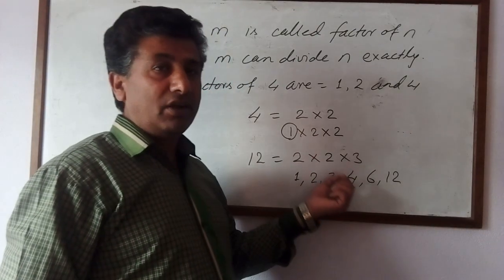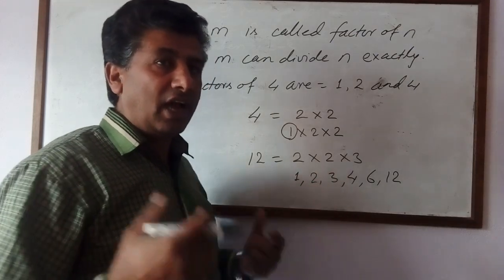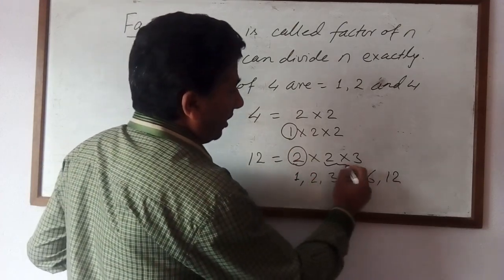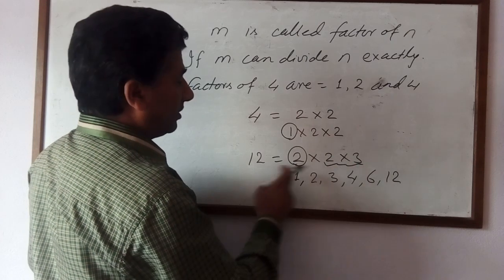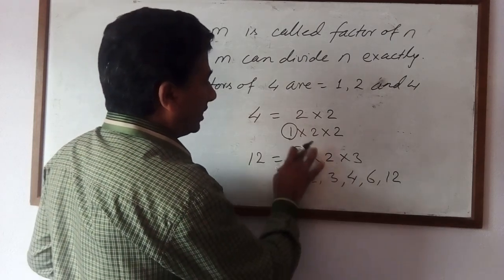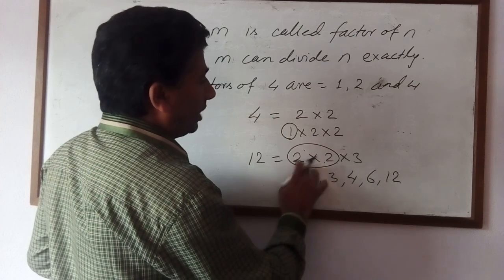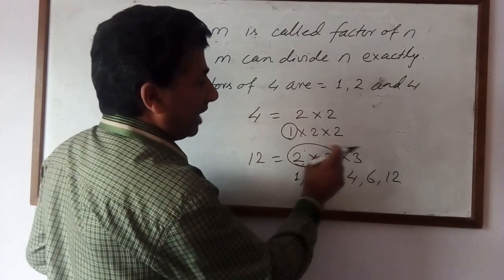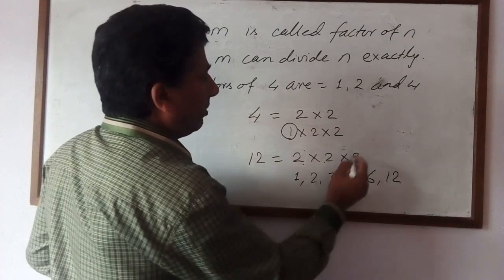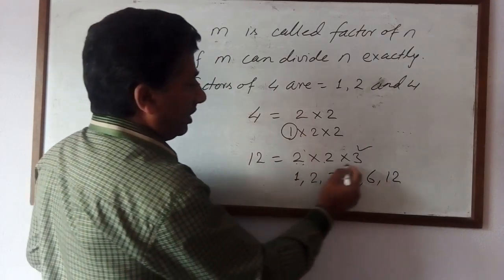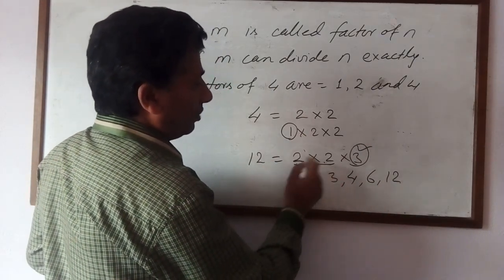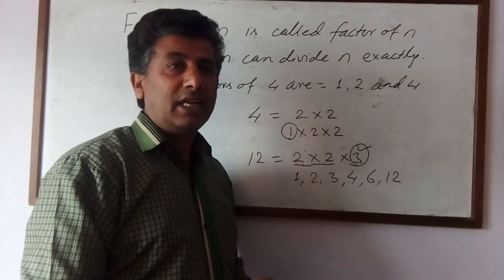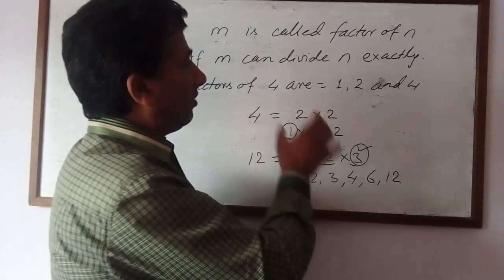Remember that between the prime factors there is a multiplication sign. That is a quick method to find whether they are factors or not. And I'll give one simple technique also. How many times can this 2 divide 12? The remaining factor is 2 times 3, 6 times. Take another example: 2 times 2, 4. How many times can 4 divide 12? The remaining factor is 3, so 3 times. Similarly, how many times can 3 divide 12? Remove this 3, the remaining is 2 times 2, 4 times. In this way also we can find factors. This is an example of factors.